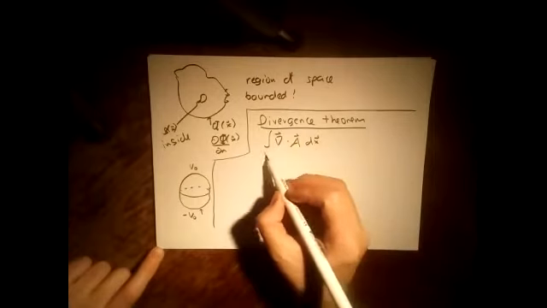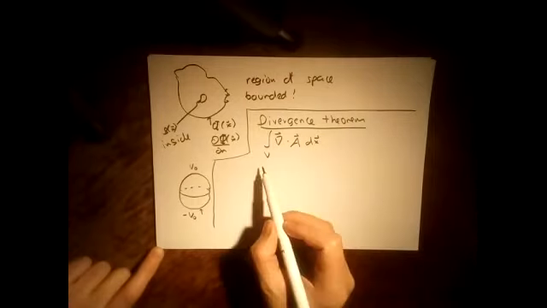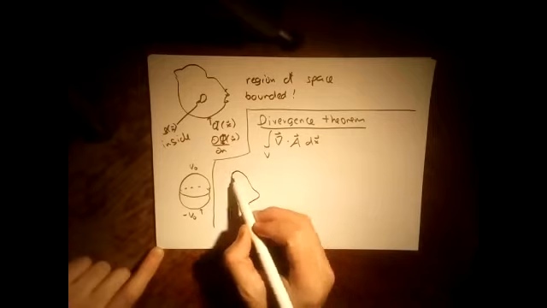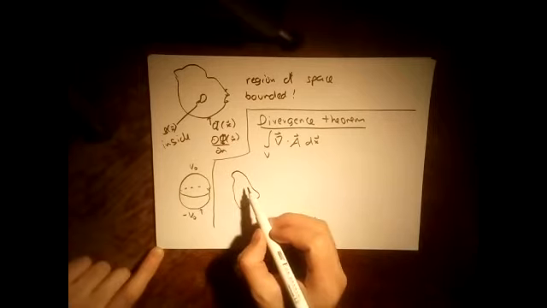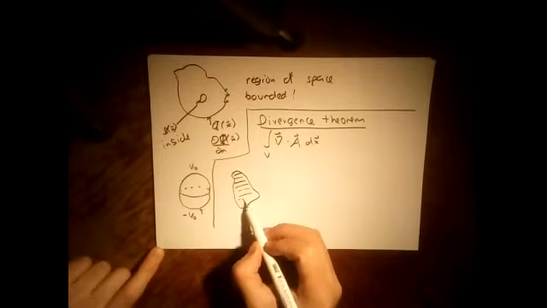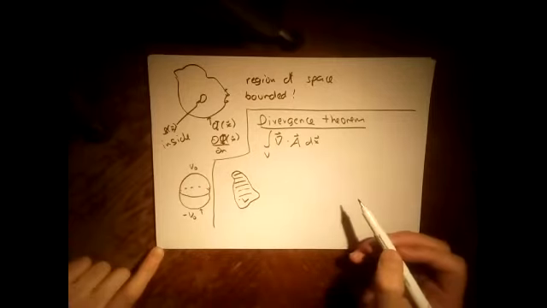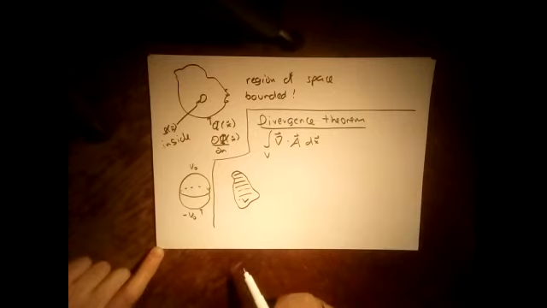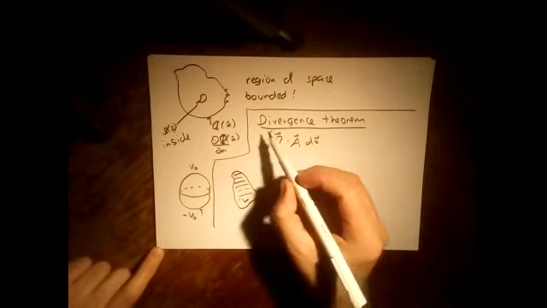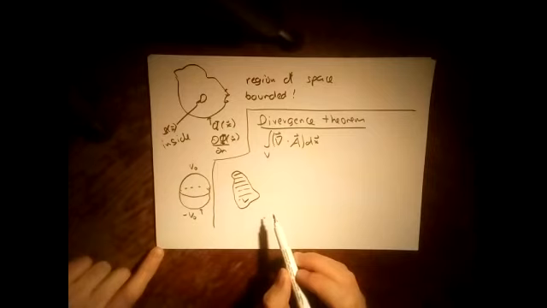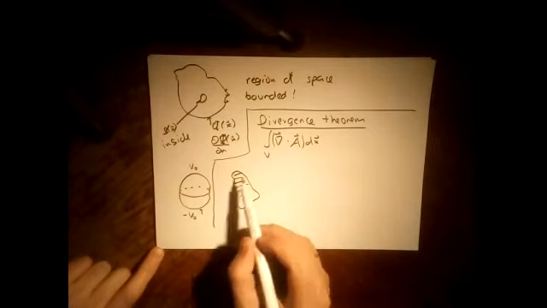Okay, so this is a volume I'm denoting here. Let's say I can draw something to make this indicative. So this is some volume of space, but it's a bounded volume. And what the divergence theorem says is that if I calculate the divergence of A over this volume, then